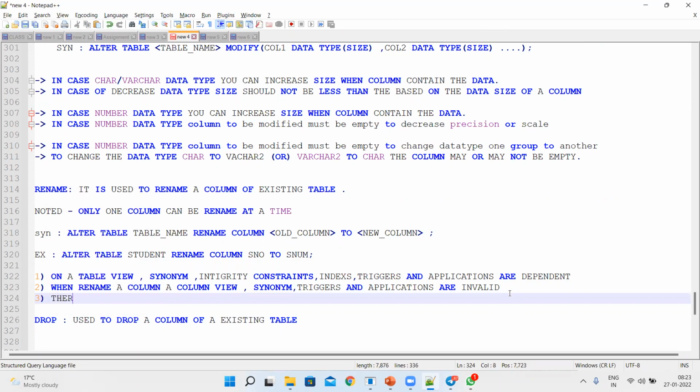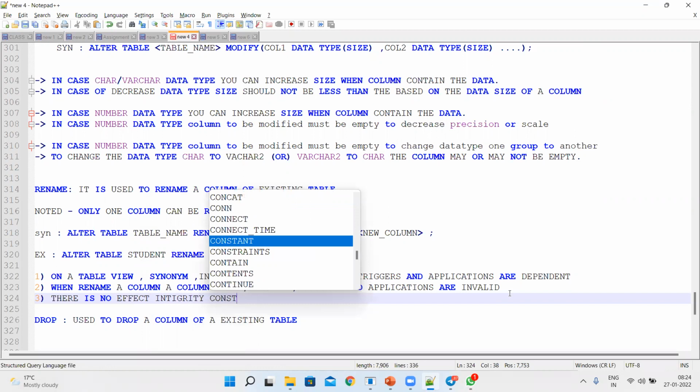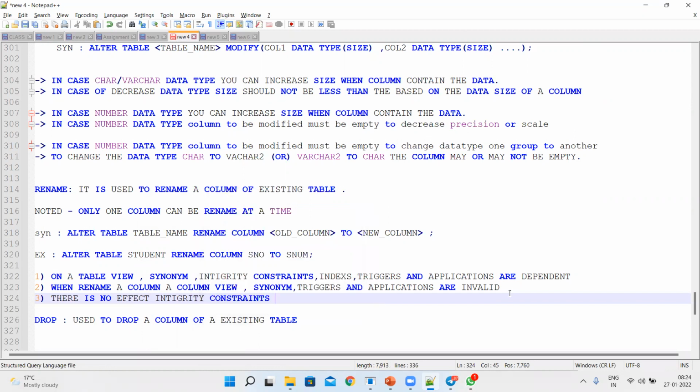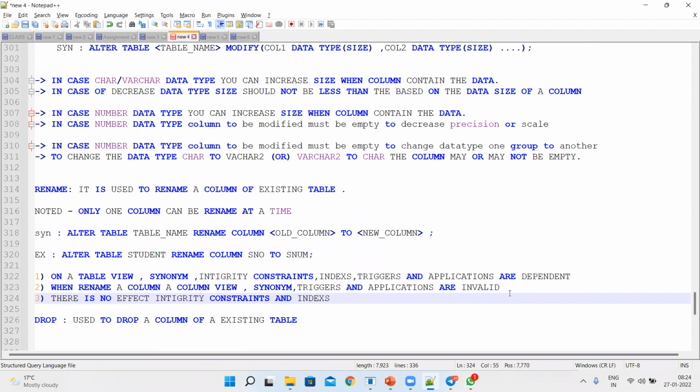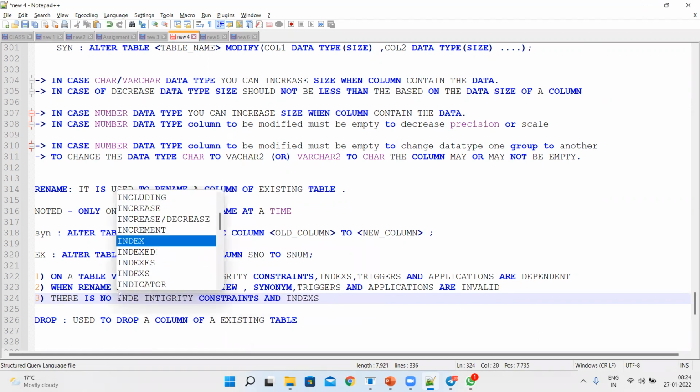But there is no effect on integrity constraints and indexes, because the integrity constraints and indexes are saved in separate metadata columns.